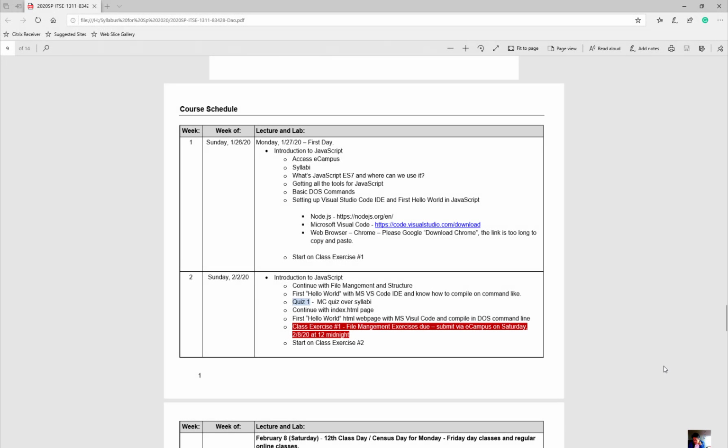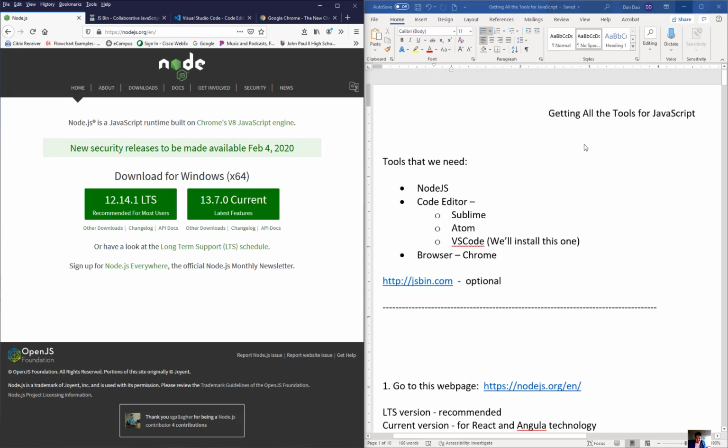Hey, I wanted to talk to you about three things you need to install. I'm looking at the course syllabi calendar right here, and I want to talk about this part right here. Okay, so to install the tools that we need is what we need to start out with. I kind of went through this and